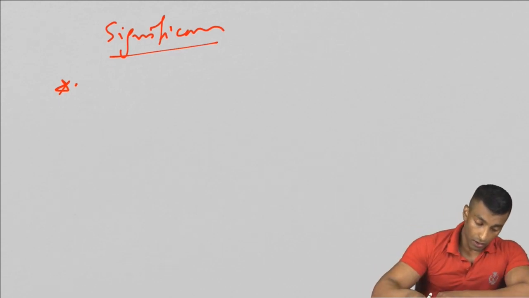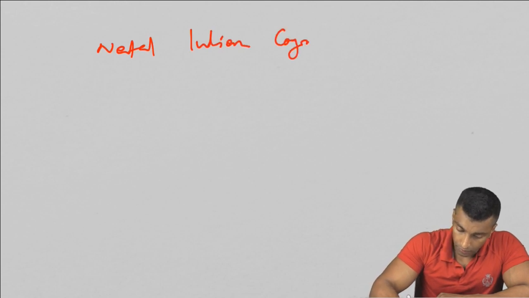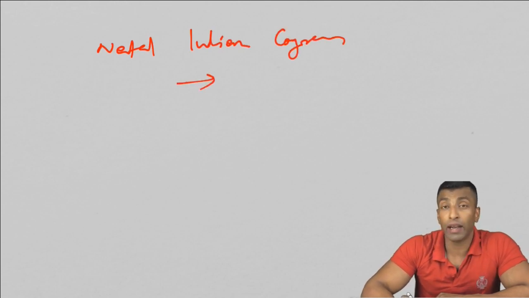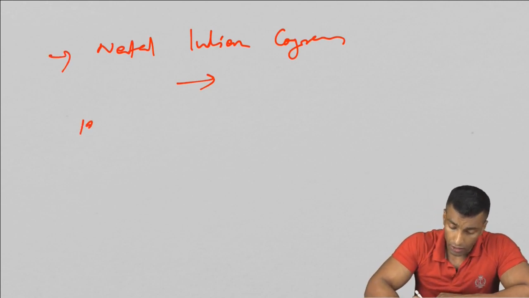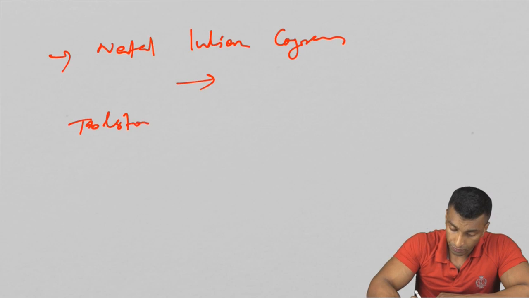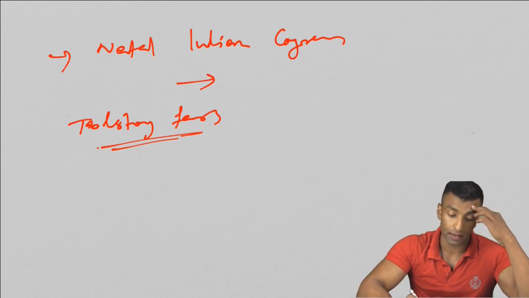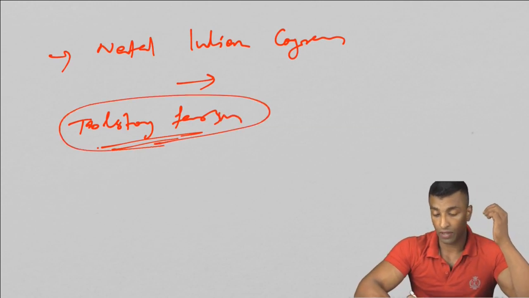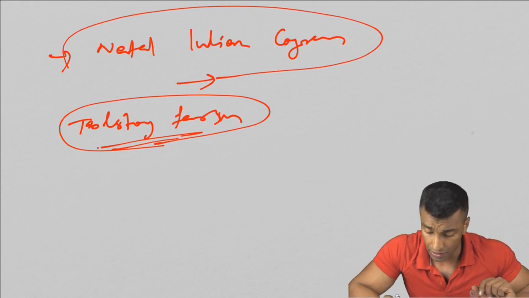Okay. Now, some other organizations that he formed: the Natal Indian Congress, basically to highlight the plight of Indian workers in South Africa. Then Tolstoy Farm. During his extremist phase, that is 1906 to 1914, Gandhi and his supporters were staying over here. So these are some other organizations that he formed. It can be asked as a prelims question.